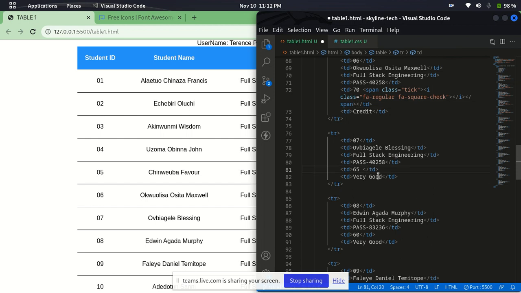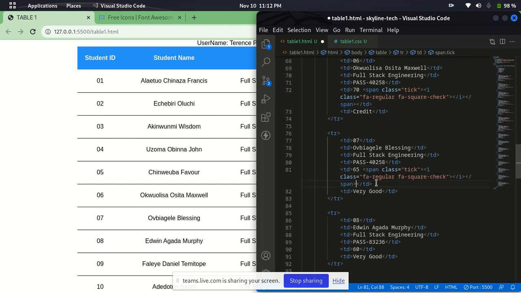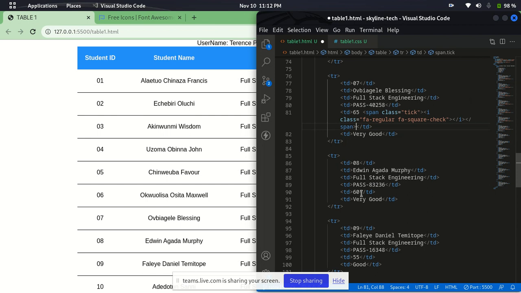65, that's where it will end. So we said above 60. Okay, this one above too. I'm going to give a space and create my span, and I'm going to give it a class of